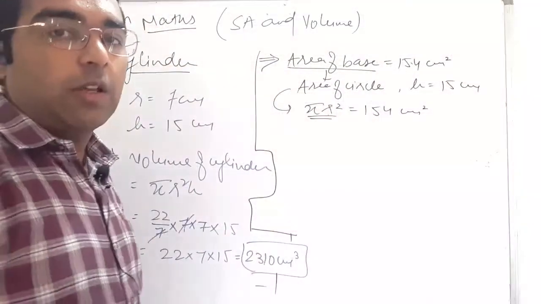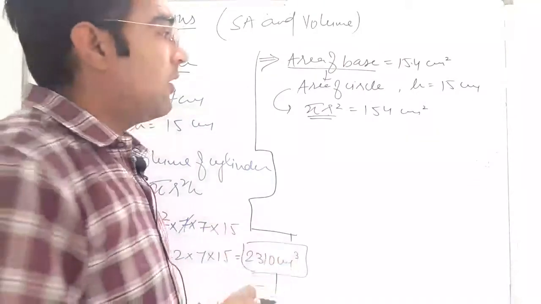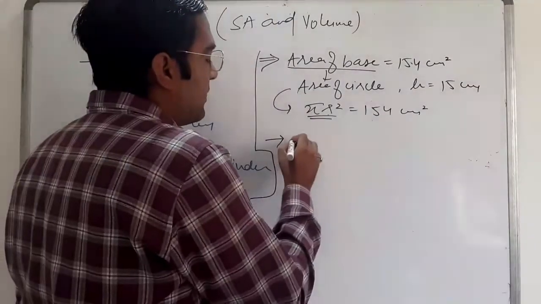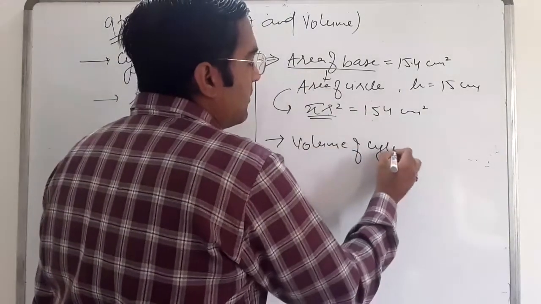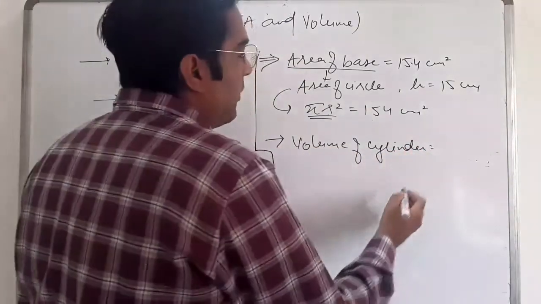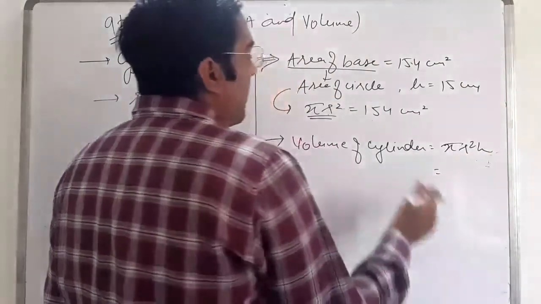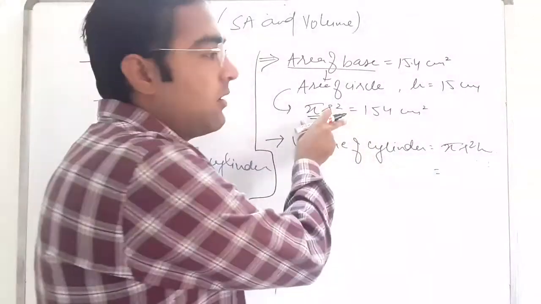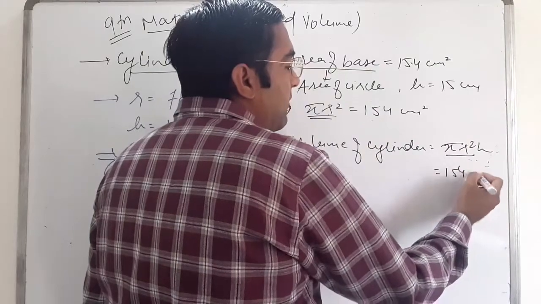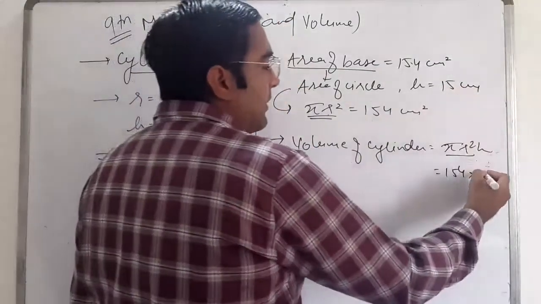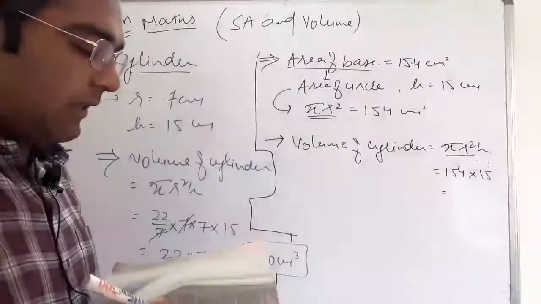Now I have to find the volume of the cylinder, that is, volume of cylinder is equal to pi r square h. Here pi r square is already given as 154, so I'll take the value of pi r square as 154, and height is 15. So 154 into 15